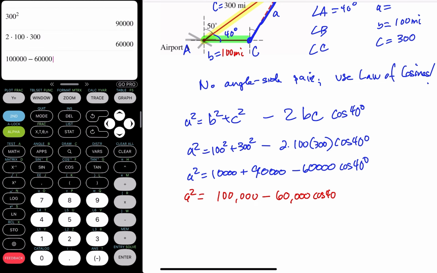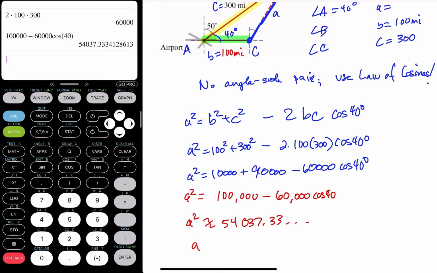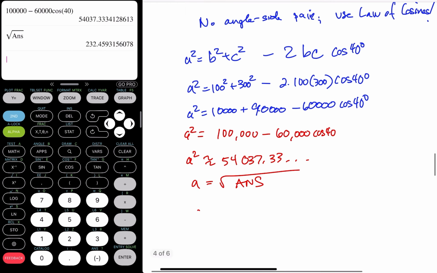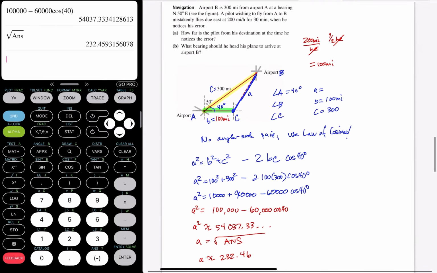Degree mode, now I do the cosine of 40. So I do the cosine of 40, and A squared is approximately equal to 54,037 plus some more digits. So to find out my answer, I do the square root of the last answer in the calculator. I get that A is approximately equal to 232.46, and it's that many